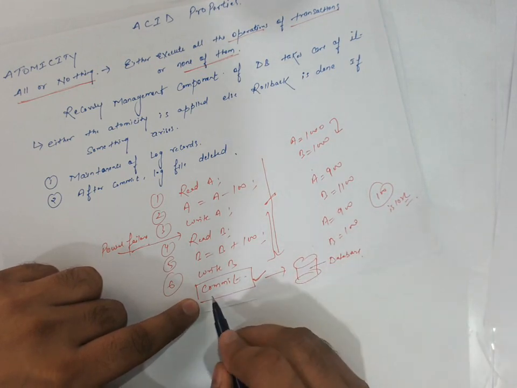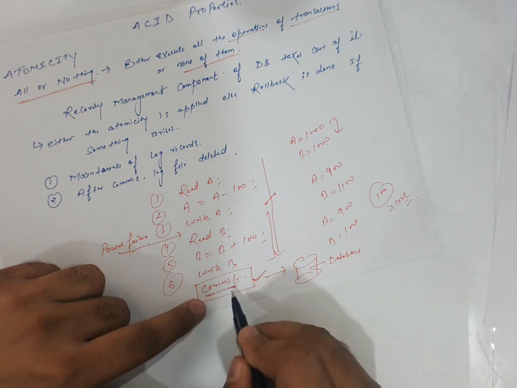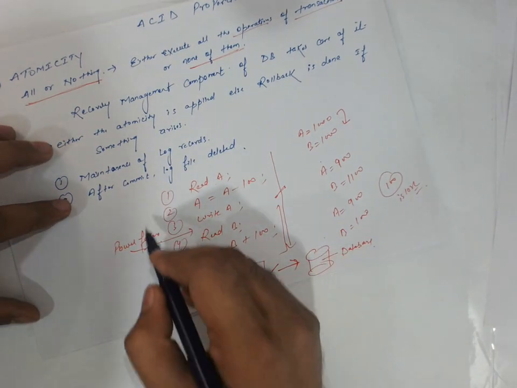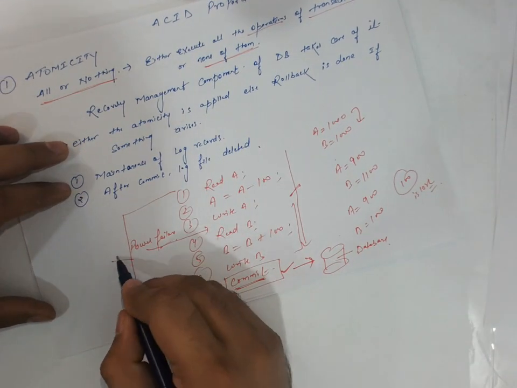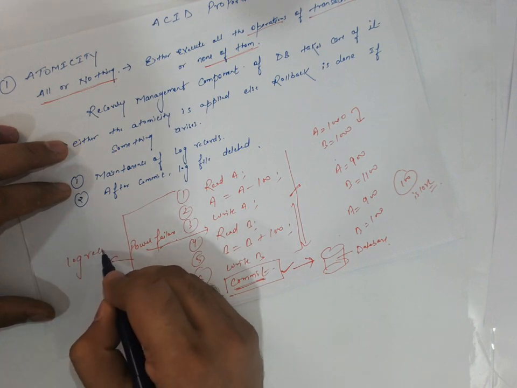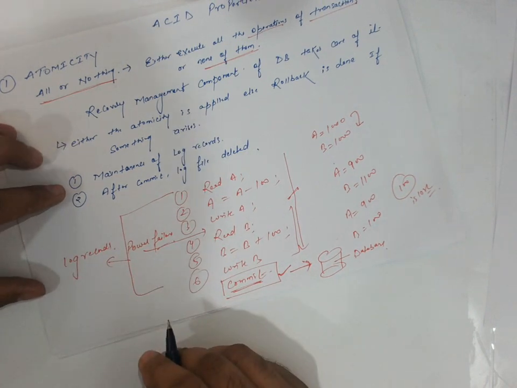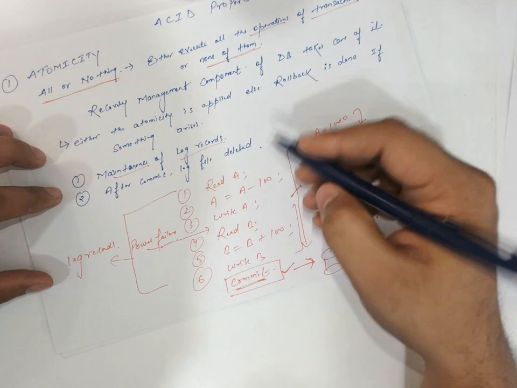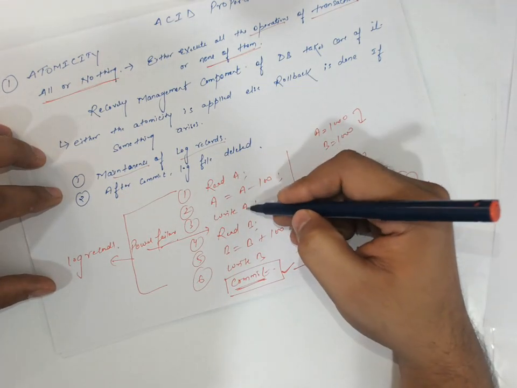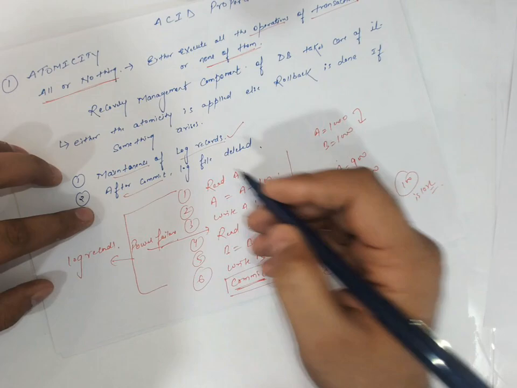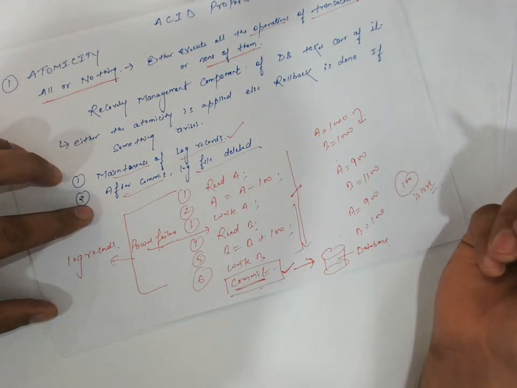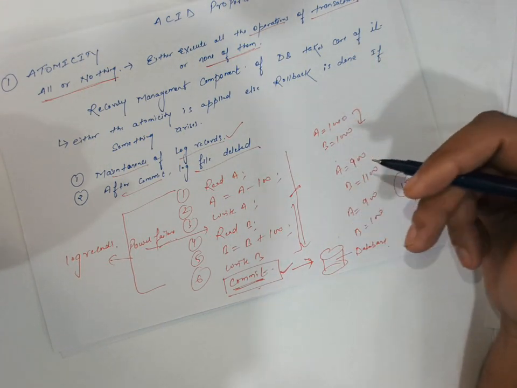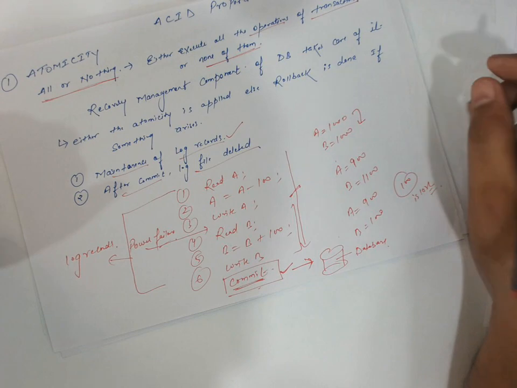When we perform the commit operation, only then will the changes be there in the database. Before the commit operation, all these instructions will be in the log records. With the maintenance of the log records, all these instructions, values, and updates will be recorded in the logs, and after commit, when the commit is done, the log file is deleted. So what we have to do is follow this: either all the operations will be executed or none of them. I hope it is clear.